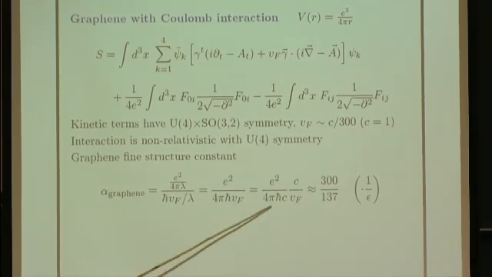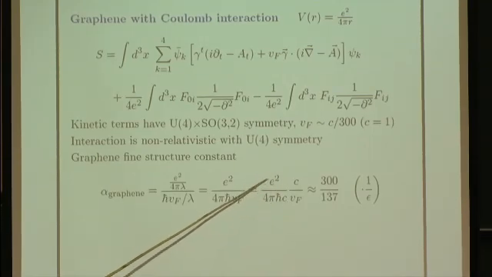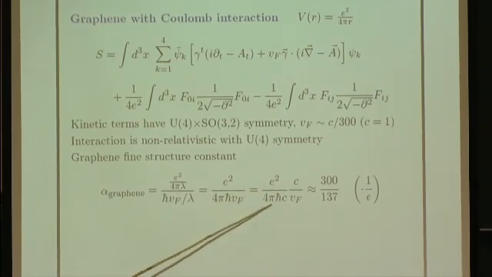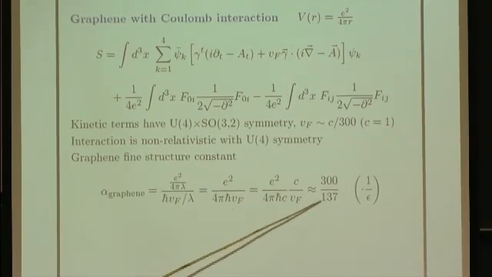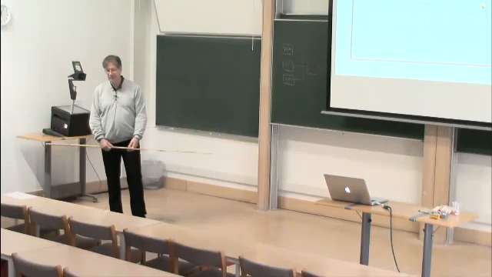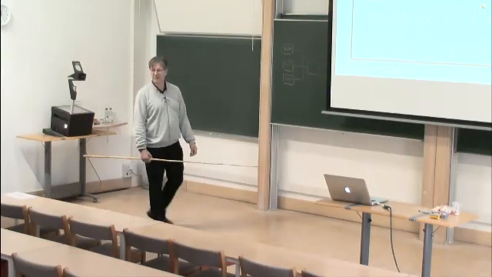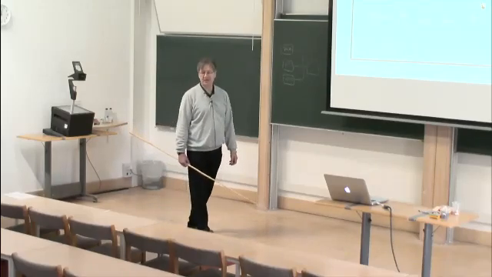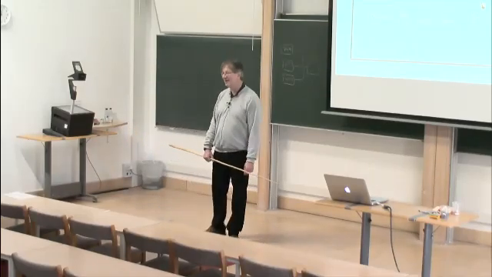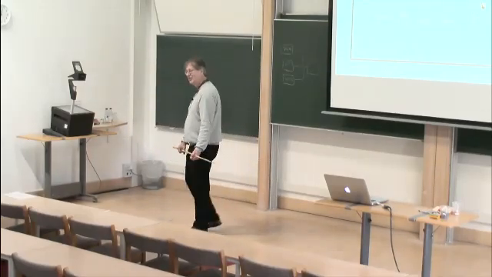And that, well, if you just do this identity, and you remember that this constant is something like 1/137, you can see it's a fairly large number, because this ratio is 300, and so the effective coupling constant here is bigger than 1. In fact, it's somewhere between 2 and 3. And that should pose a puzzle, because that's a pretty strong coupling. That's like the QCD coupling, in a sense, and you know in QCD,